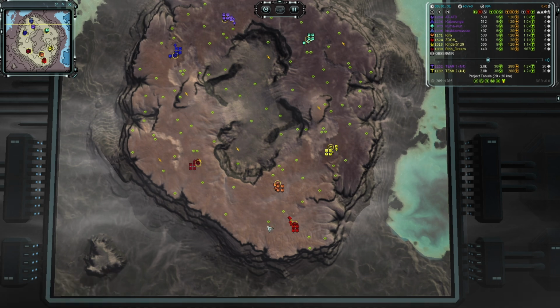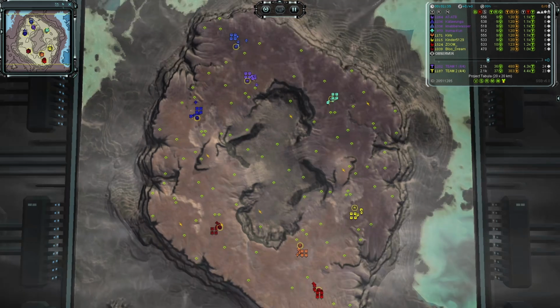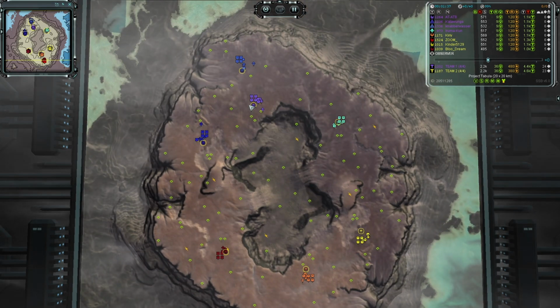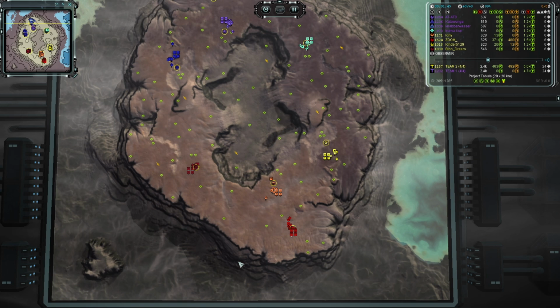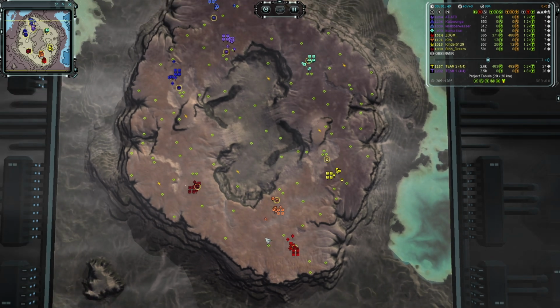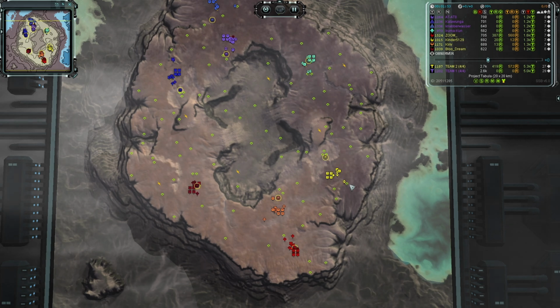So again, we have 3 Seraphim and 1 Aeon for Team 2. And for Team 1, we have 2 Cybrans and a UEF and a Seraphim. So Team 1 is missing the Aeon tech, and Team 2 is missing the UEF and Cybran tech. So Team 2 has to be aware of the teleport capabilities of the 2 Cybrans, just in case they decide